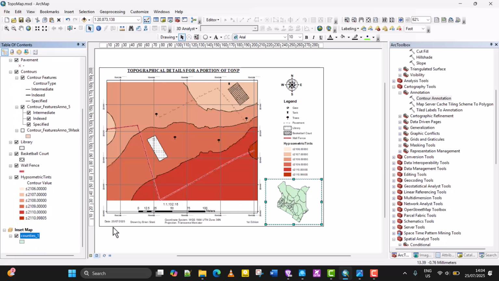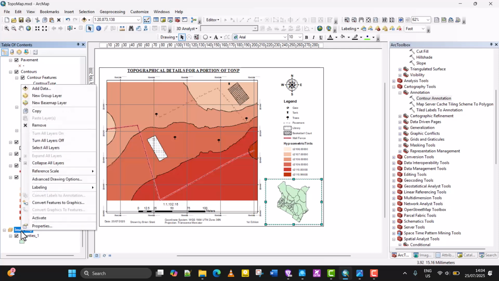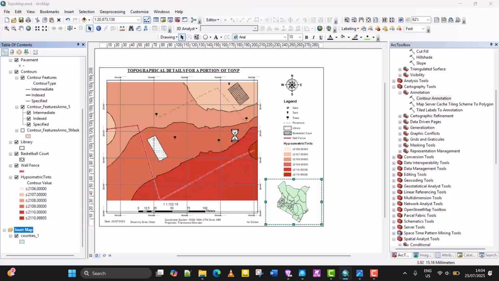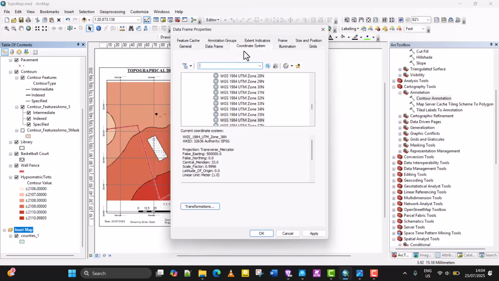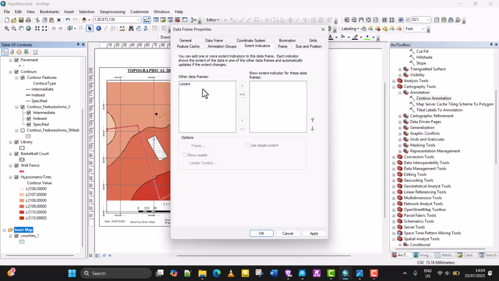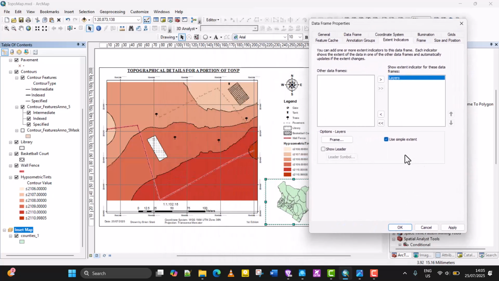Then we move on to the next step. After doing that, right click on your Inset Map and go to its properties. Once it opens, come to this tab called Extent Indicators, select this data frame called Layers, which was our main data frame, and click this arrow to drag it to the other side. Make sure you check this Simple Extent Indicator, and then